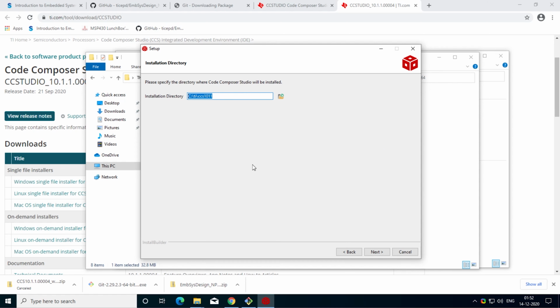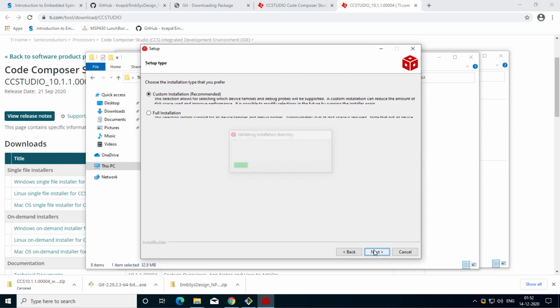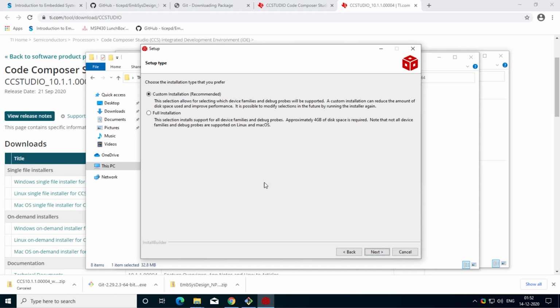Okay, now this IDE has chosen a default path for you. I will proceed with this default path. In case you want to install it somewhere else, you can change the path. So now it is asking for two options. Either you want full install or you want custom install.